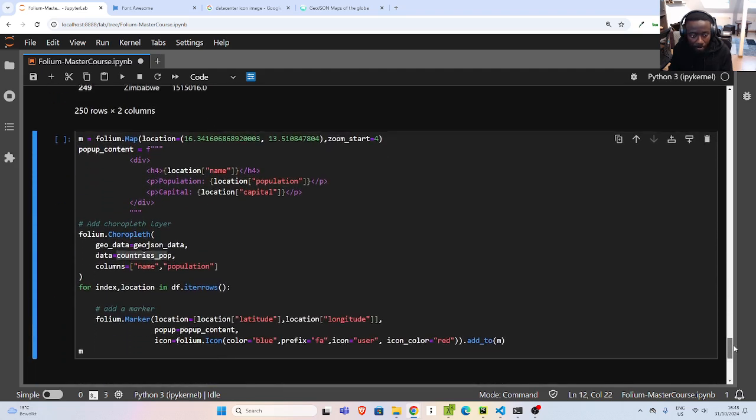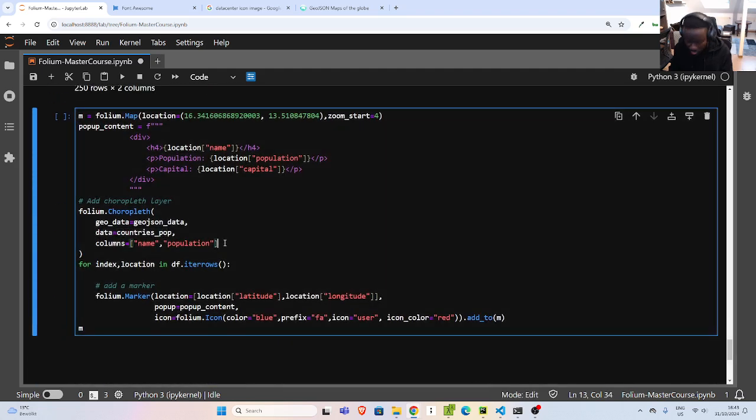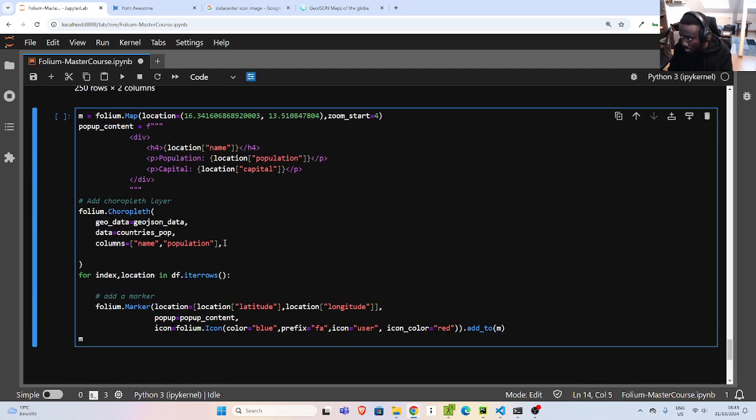Okay, then once I'm done with that, I'll specify the key_on, which is one of the most important things. This here means that we want to go into my features, my properties, and then I want to get to the name, right? So what does this mean? So inside my